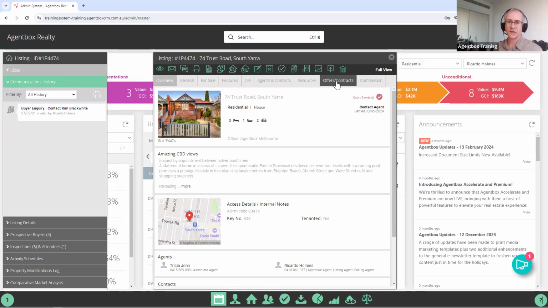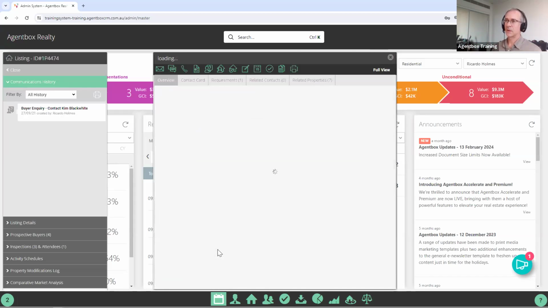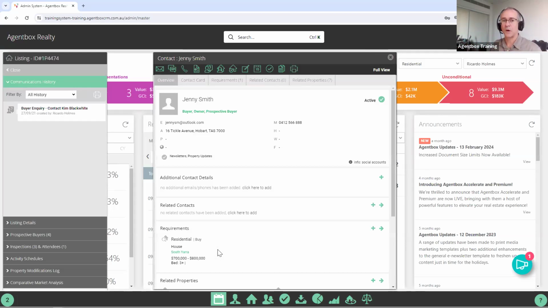Once the listing's been settled, we want to be reviewing both the contact card for the purchaser and the vendor. So once I have indeed settled this listing, I want to click through to the contact card for the buyer and the vendor. And this is a step which is often missed. So with Jenny,